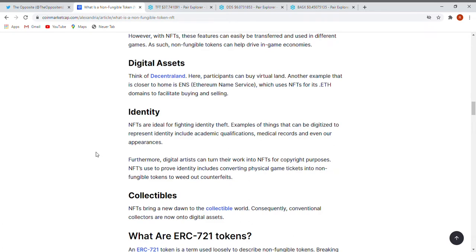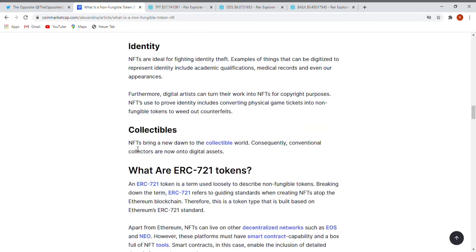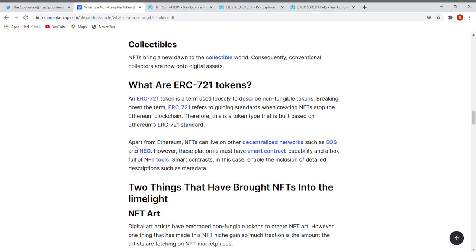If you have this, you can open this store. If you have that, you can open this store. And identity, it's specifically the only one that exists. Well, this is the one. It's also like with humans, you can only be once you, there is no second you. Yeah, well, what are ERC 721 tokens?